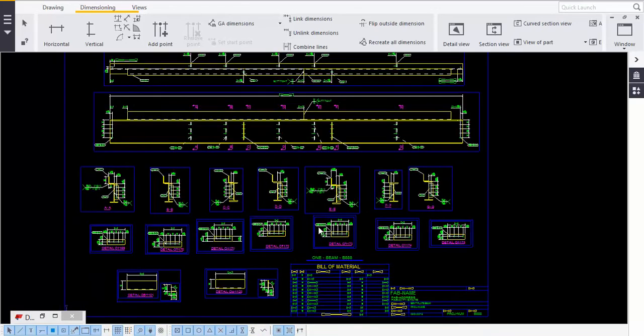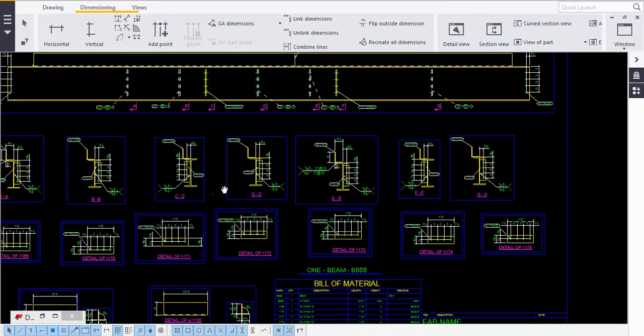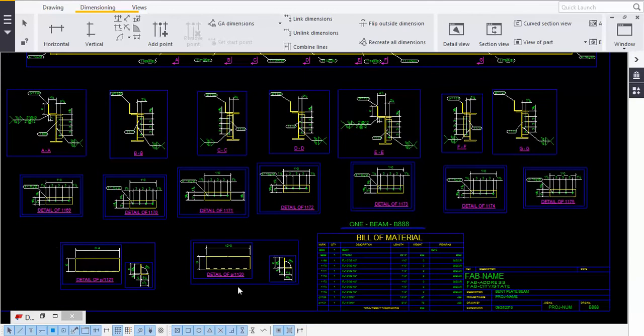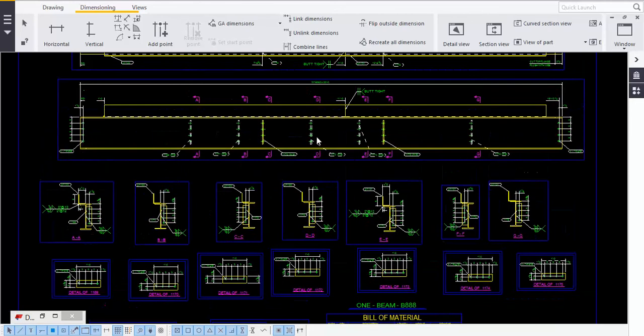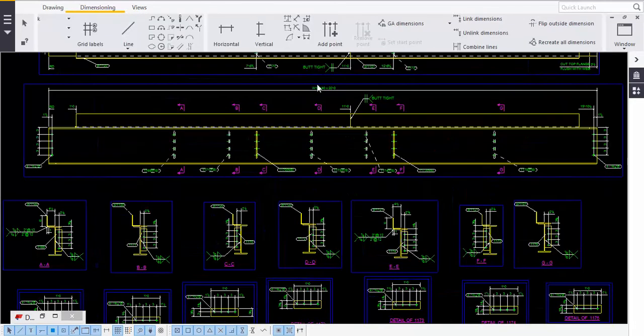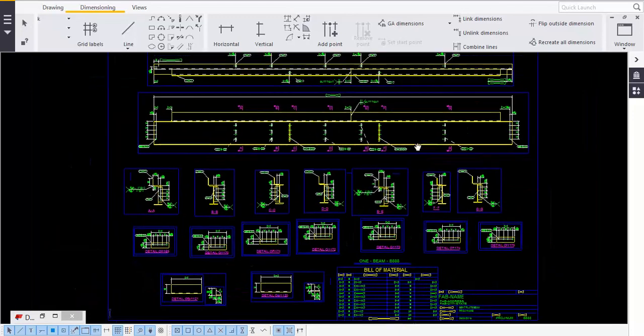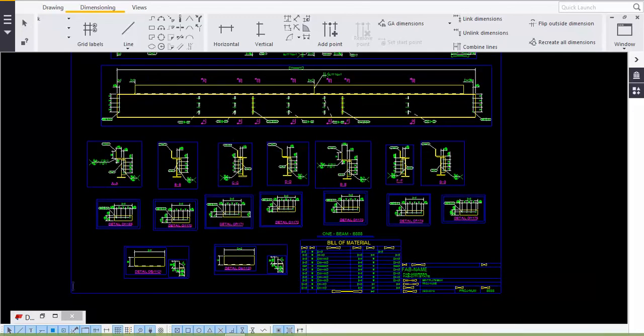So everything is same, only thing we learn here is to give the different section view, how to take angles and all this thing. This is the new thing we learn in this. Everything similar, and here new thing what we get is this butt height. So everything looks similar to previous methods.